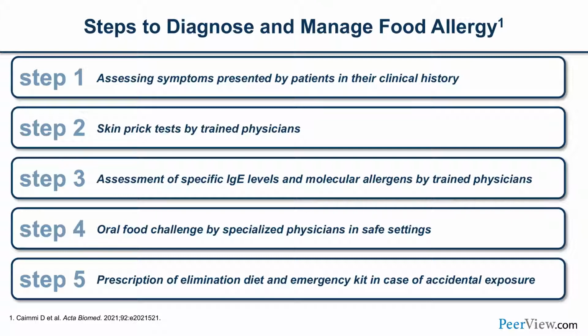First, again, is understanding the clinical symptoms and the story. And then that often happens at the pediatrician, the primary care office, the family practice office, the general provider. If they suspect that a food allergy is present, then they can refer to an allergist where other testing can be done, such as blood tests looking for specific IgEs based on the clinical history, or skin prick tests assessing specific foods and looking to see if those are responsible for the food allergic reaction.